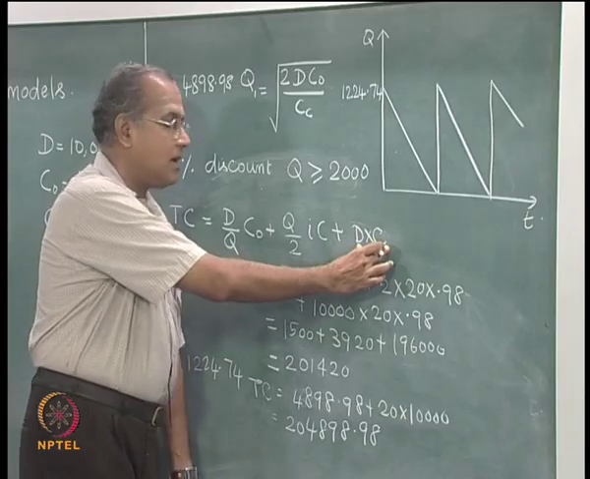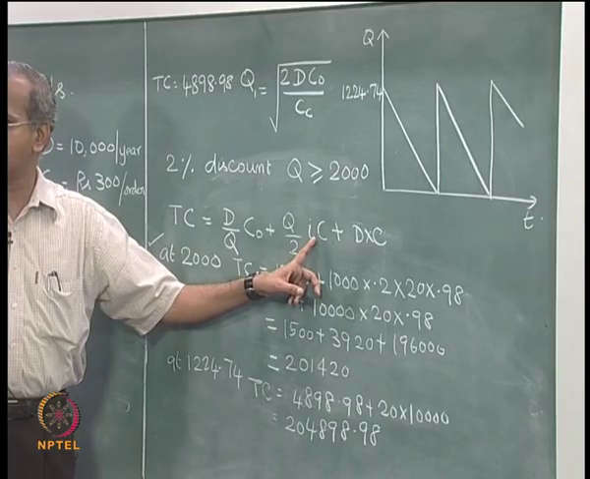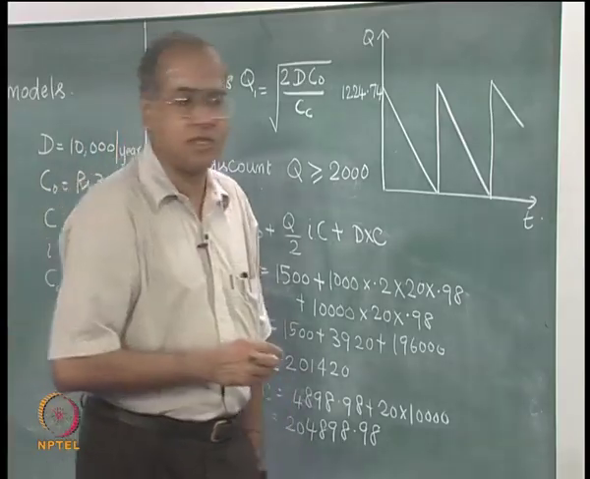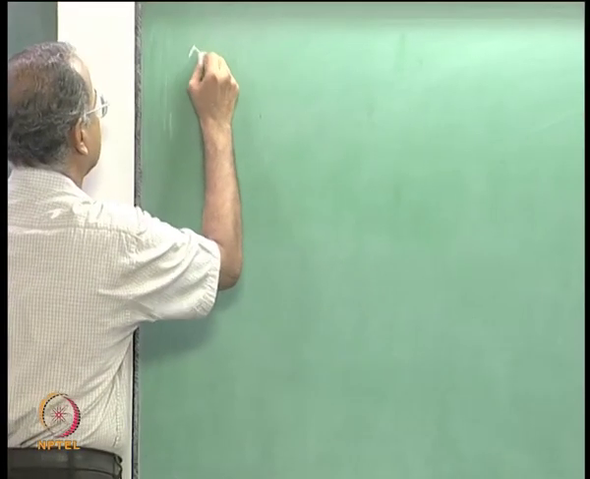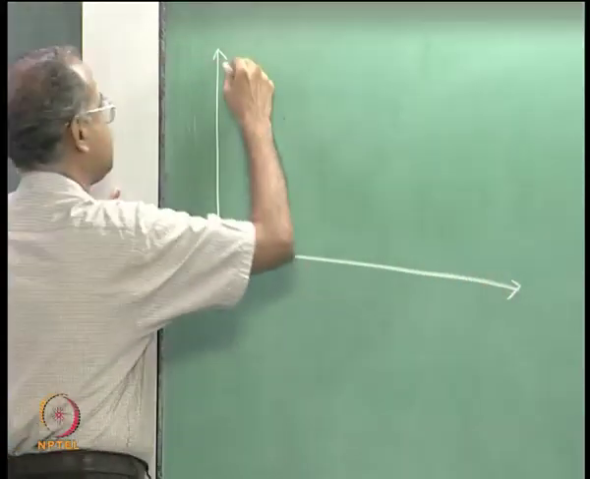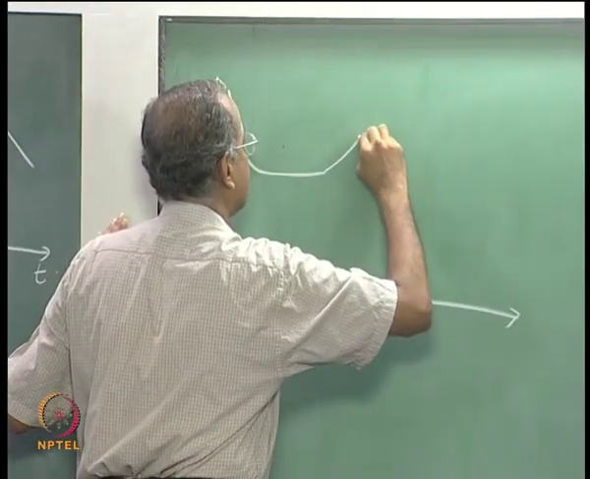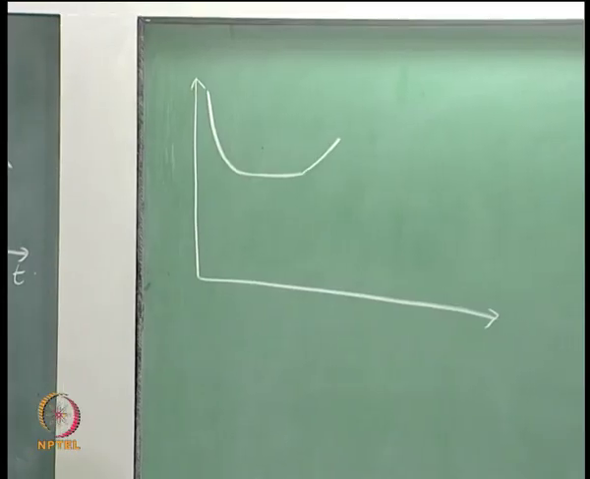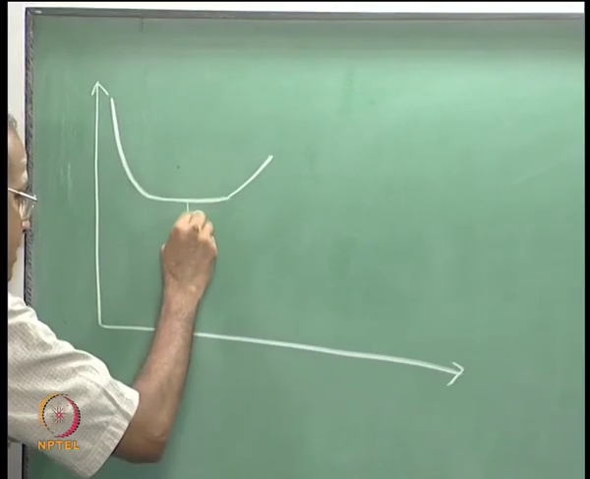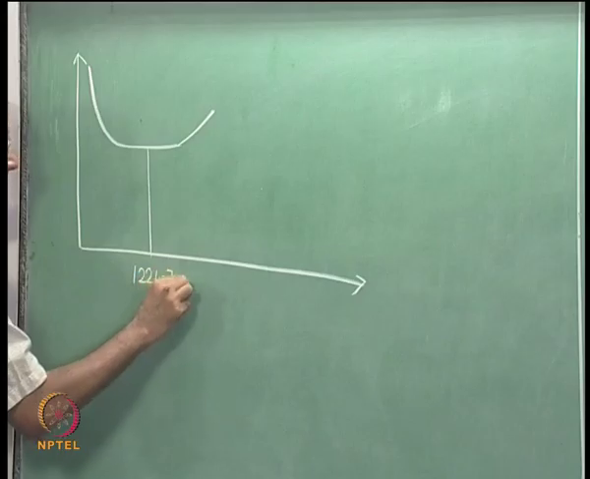but then we have to check whether this one decreases so that we could avail. In order to do that, let us go back to another curve that we have already seen, which is called the total cost curve. We have already seen that the total cost curve is very flat near the economic order quantity. So, let us say this is the economic order quantity and this is 1224.74,